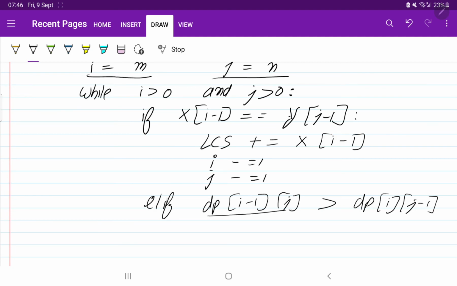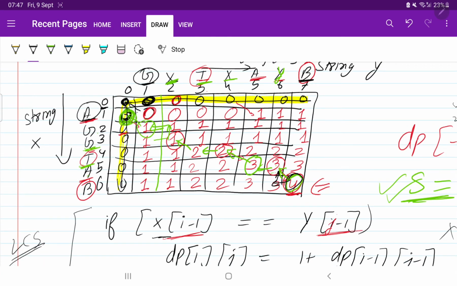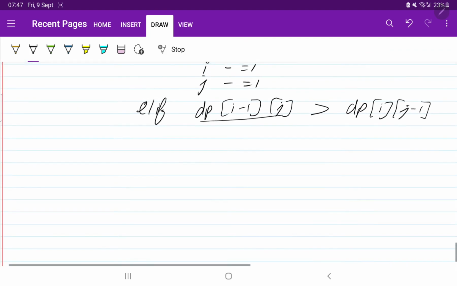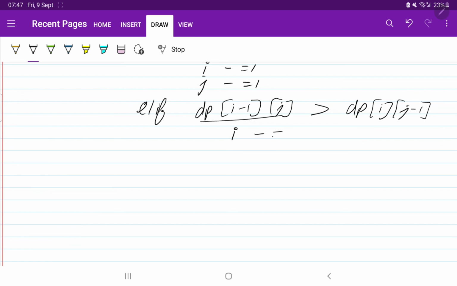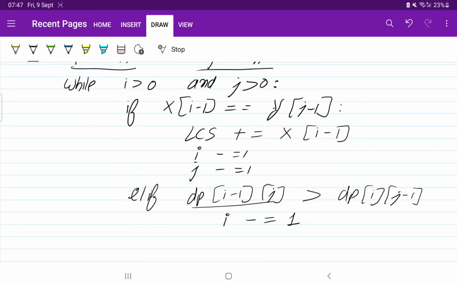So if this direction is maximum, move in this direction. Like this, 2 is maximum or 3 is maximum, 3 is maximum. So we are going to decrease i by 1, i minus equal to 1, and we are not going to add the element. I told you, if the elements are equal, then only we are going to add into our string.